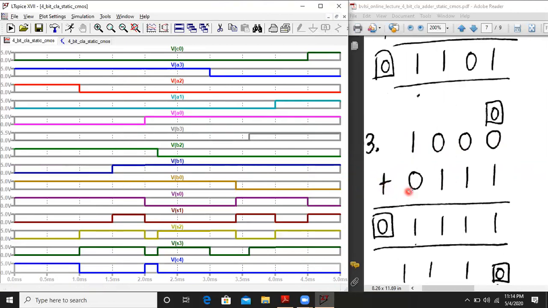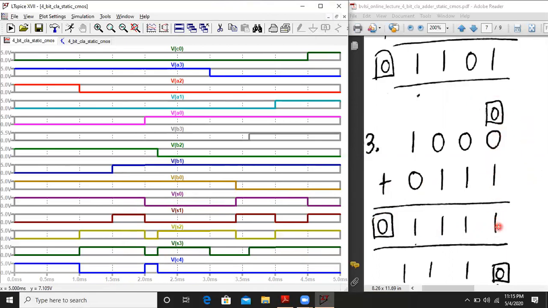So I will add 0, 1, 1, 1. Next I will check the sum starting from S0 to S3. So sum is 1, 1, 1 and 1, and C4 is 0. C0 is also 0, as you can see in the waveforms over here. So let us check whether it is proper or not.